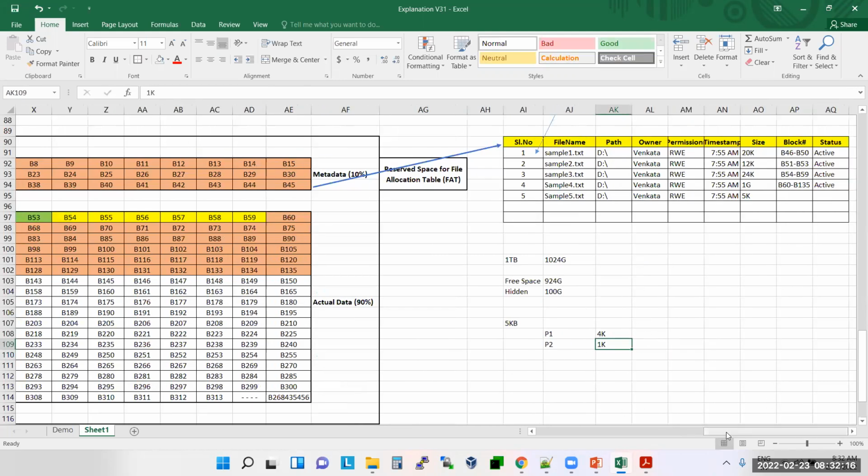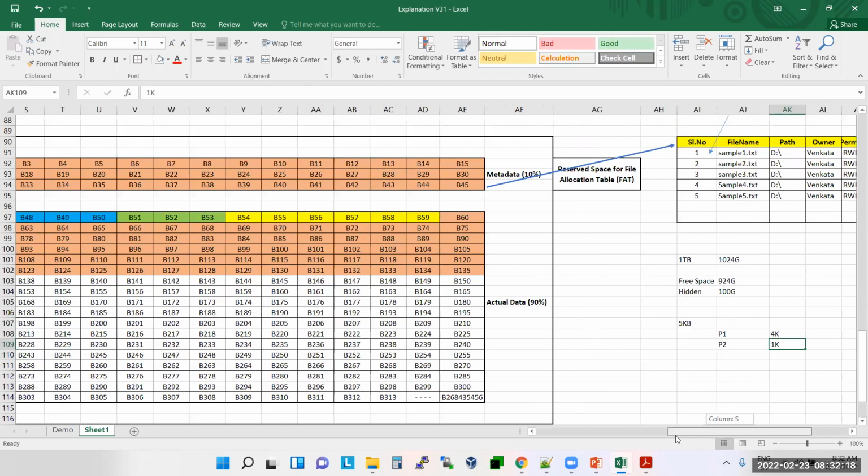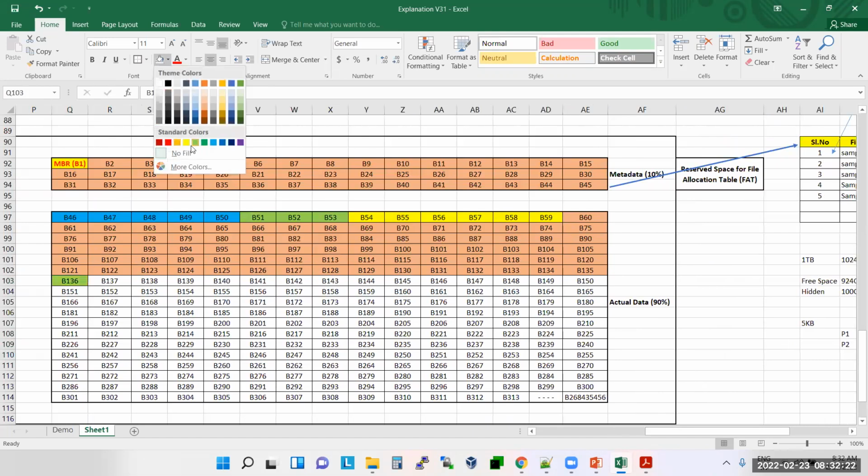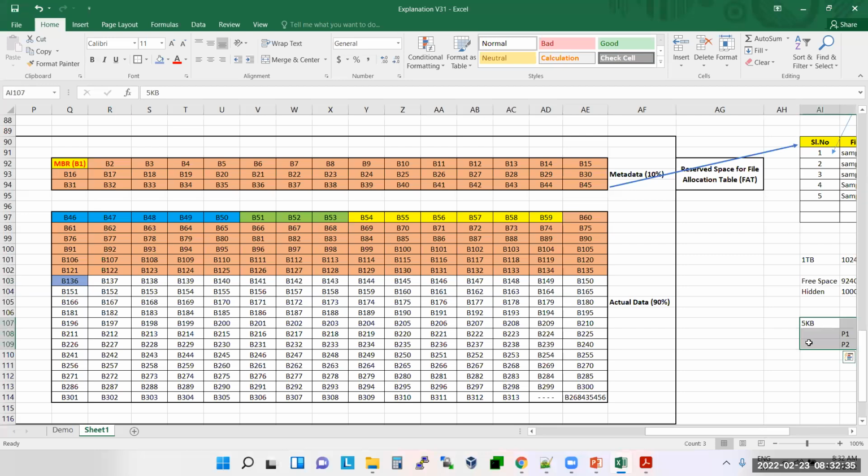For the first piece, no problem, I can put it like this. What about the second piece? The size of this block is 4 KB, but how much data are you putting here?